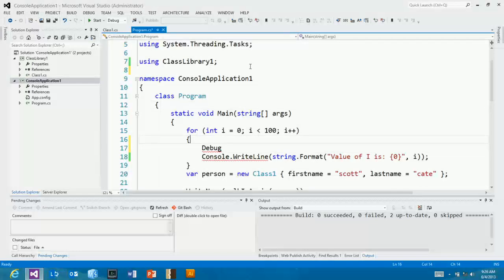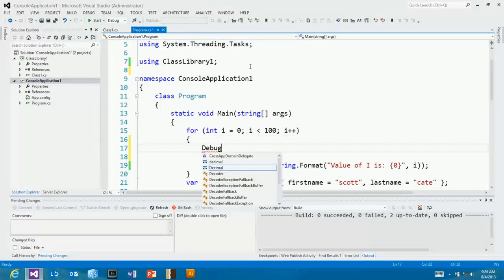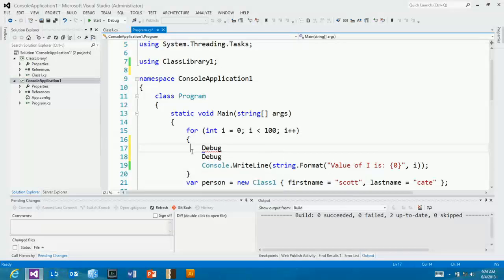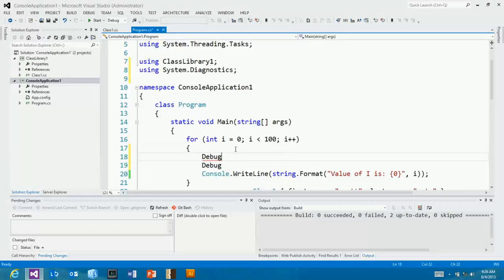Let me delete that. And then as you type Debug, you'll see the little purple indicator that comes up there, and you can do Control Dot and also bring in the namespace. A little catch here, it's case sensitive. So you have to actually do the exact member name in order for that to come in. So the difference between Debug.WriteLine, let me just